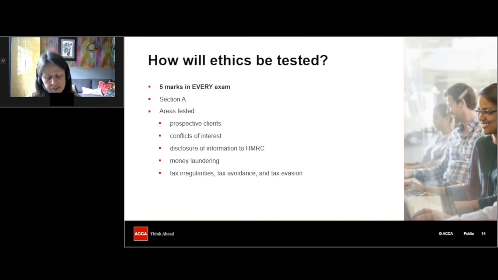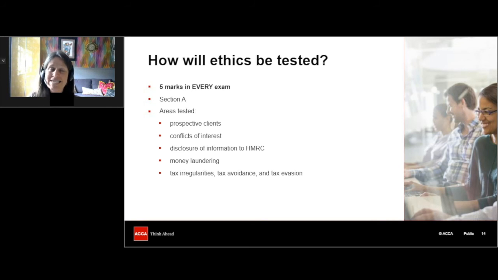So the best thing to do to see how these are going to be tested is to look at past exam questions. So every past exam is going to have an ethics element, and if you have a go at those, look at the model answers, just see how those are presented, see the kind of things that are written down, then you should give yourself a really good chance of scoring a good mark on that ethics part.